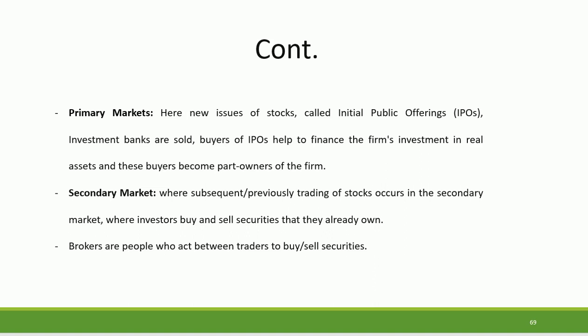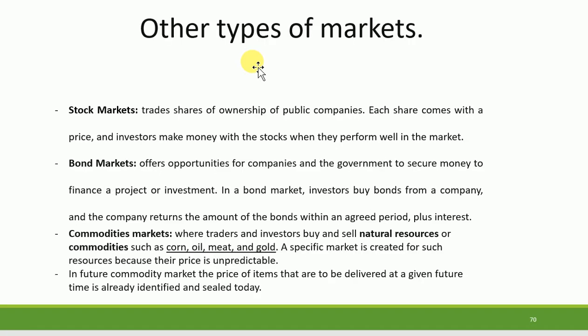This whole process is actually completed by the brokers. Brokers work in between the buyers and sellers, so they are in the middle. For example, here we have brokers, here we have buyers, and on the other side we have sellers. The broker functions as an intermediary through which both can do their transactions successfully. The buyer is looking for something to buy because he has access to liquidity, while the seller is lacking the liquidity. So the companies usually do that in order to have some cash with themselves for expansion of their